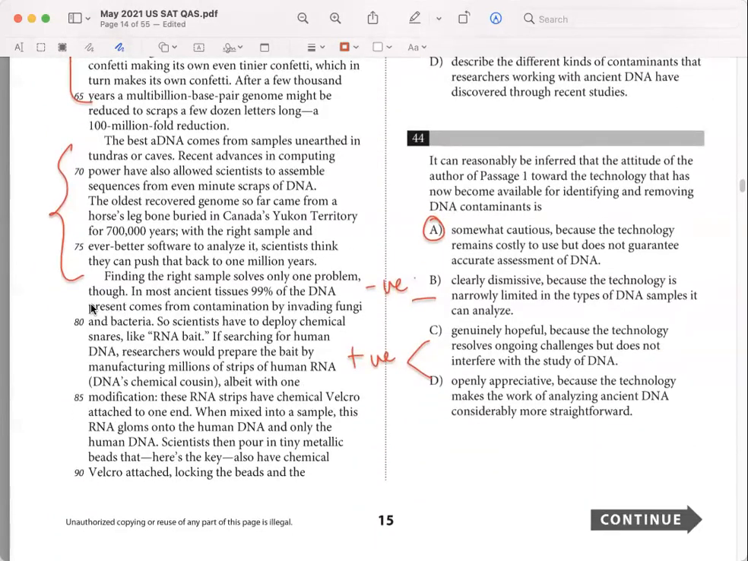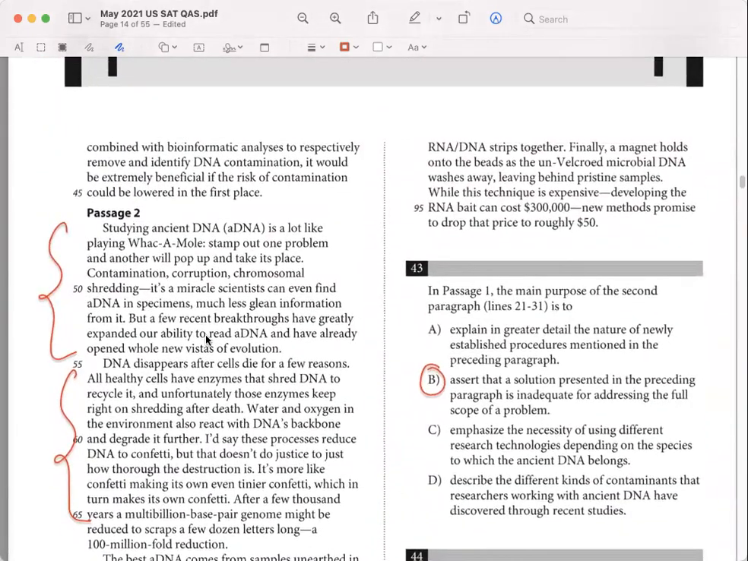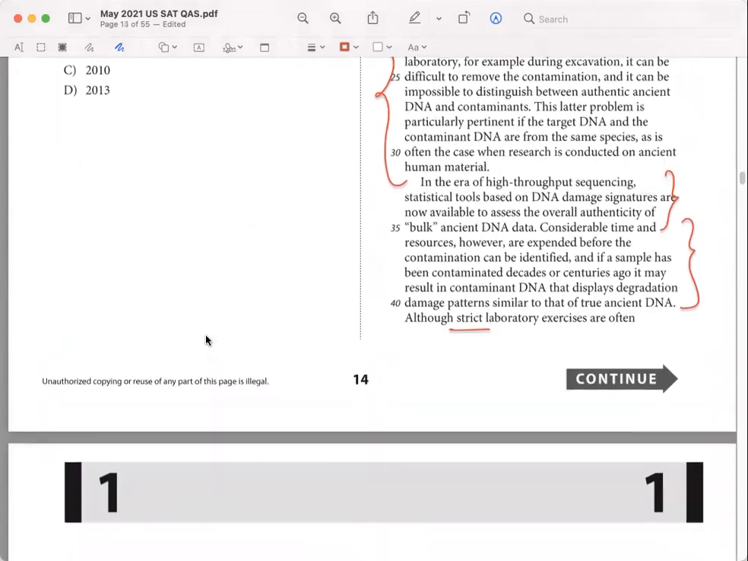Okay, so the last paragraph gets into the details of this technique called RNA bait, which is used to decontaminate ancient DNA. And it talks about the details of that technique and how, while it is expensive, new methods promise that its price will drop. So if you look at the two passages and try to articulate the relationship between the two passages, you can see that the first passage